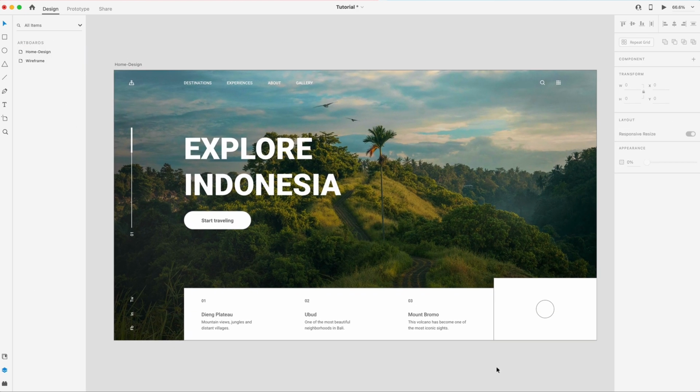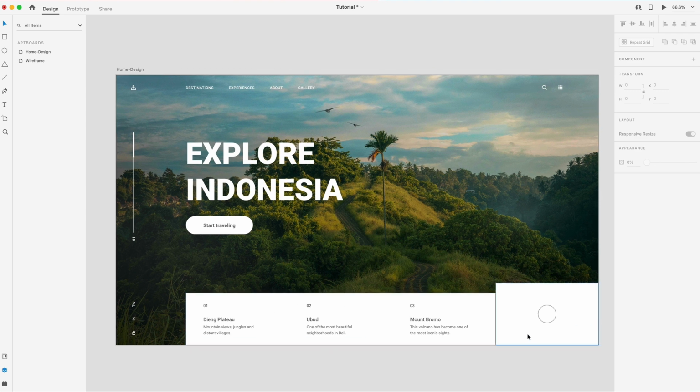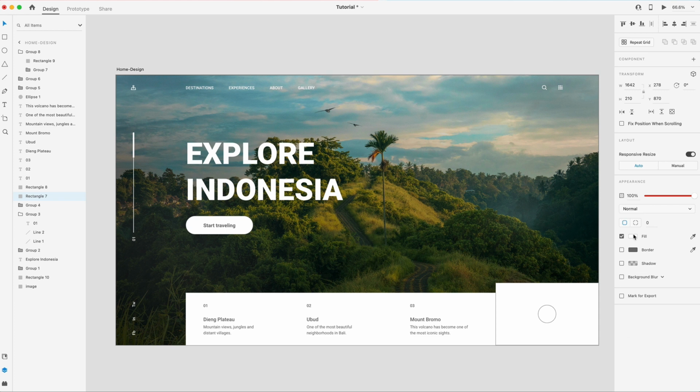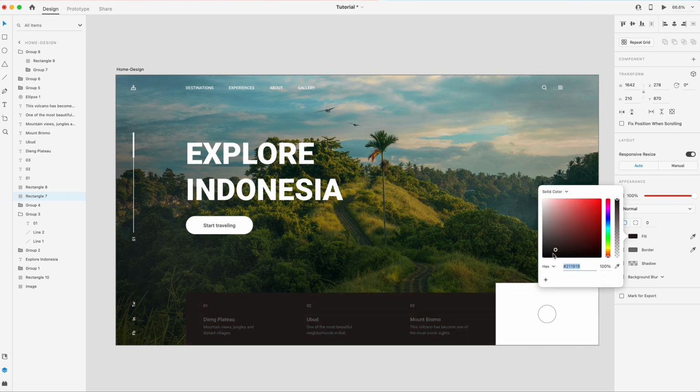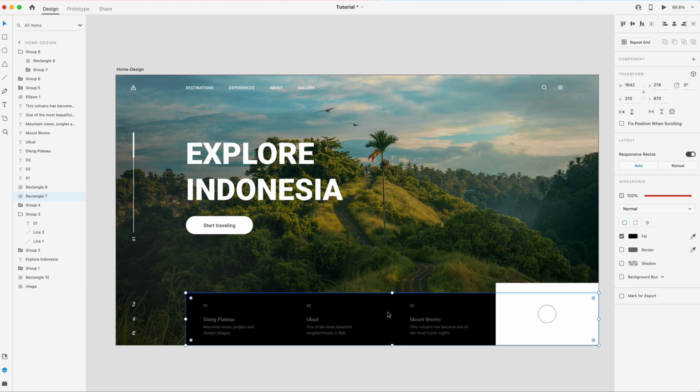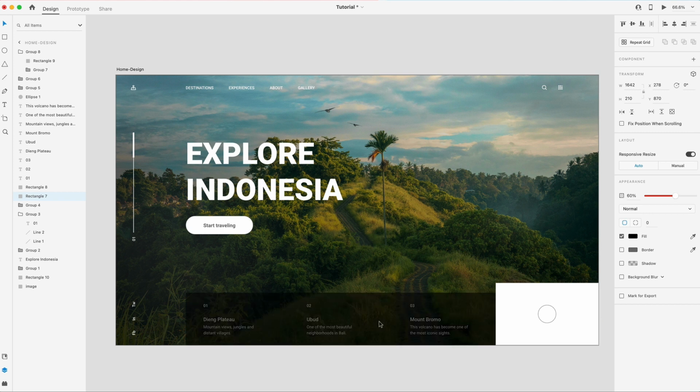So now we can see things a little bit better. All right, so next let's go ahead and finish off this bottom section first. So I'm just going to select this big rectangle, and I'm going to remove the border and set the fill to black. And we're going to drop this to 60%. So you can hit 6 on the keyboard to drop it down, or you can drop it down over here